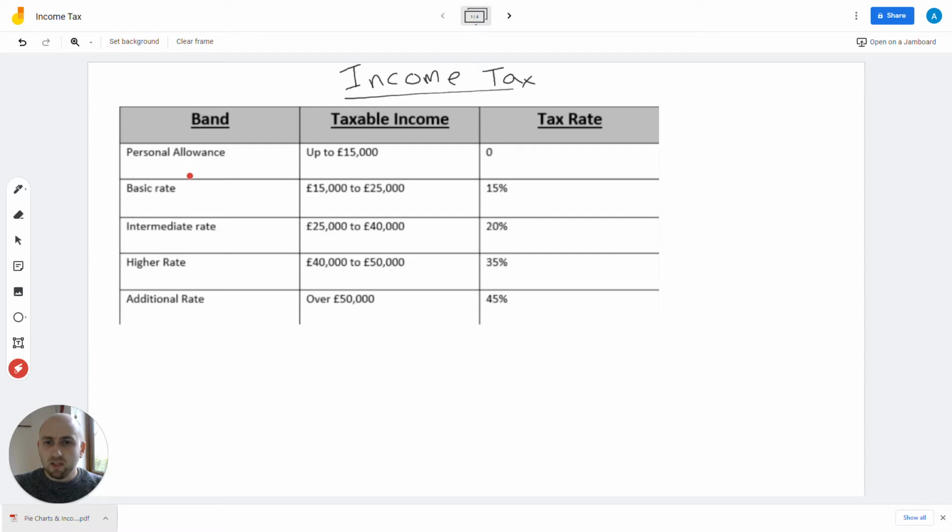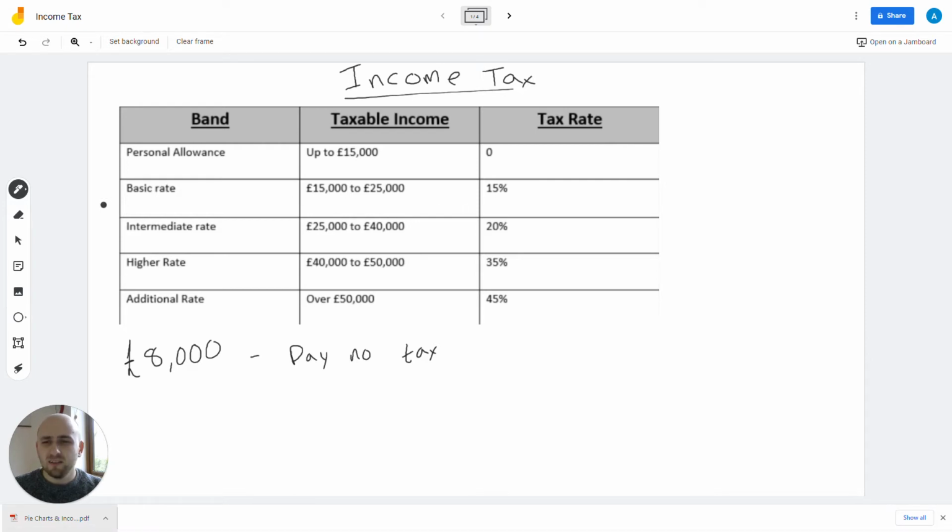What you've got first of all is a certain amount of your wage that you pay no tax on, so this is called the personal allowance. So if anyone earns £8,000, they pay no tax, there's a 0% tax at anything up to 15,000, so even 14,999, they pay no income tax. But then once you get over that 15,000, you start to pay 15% on anything that you earn over